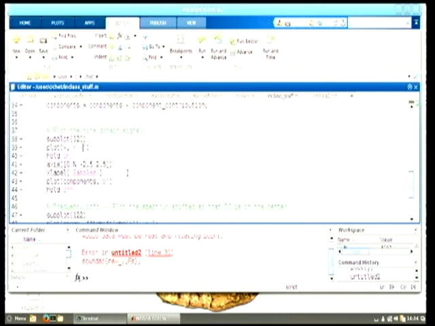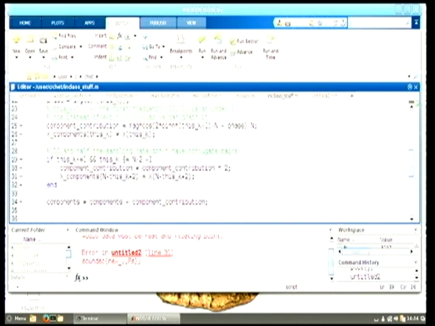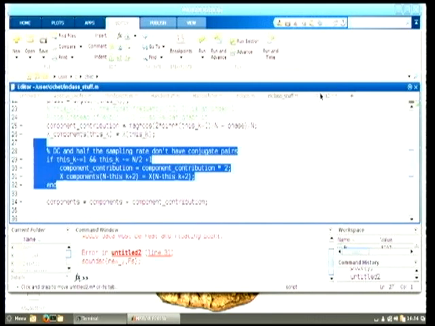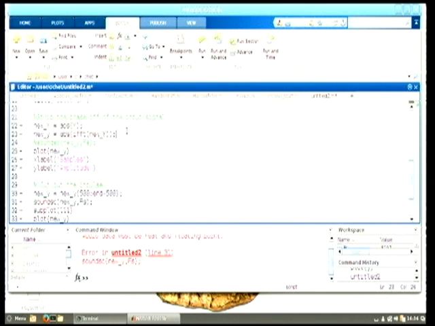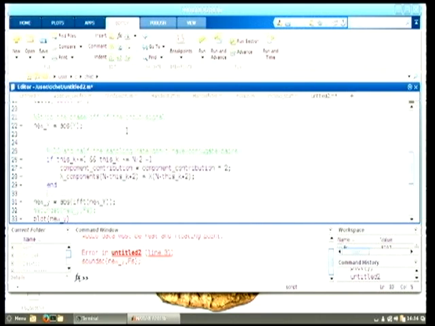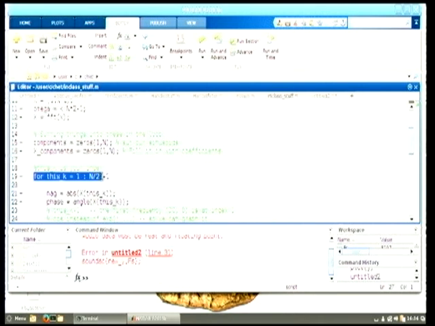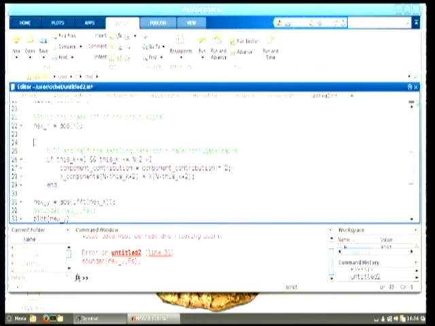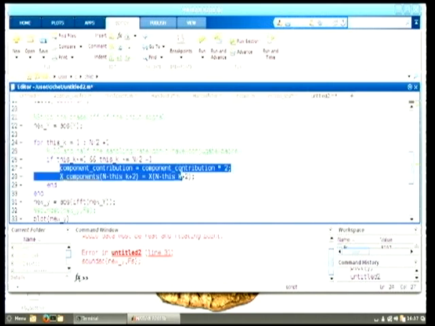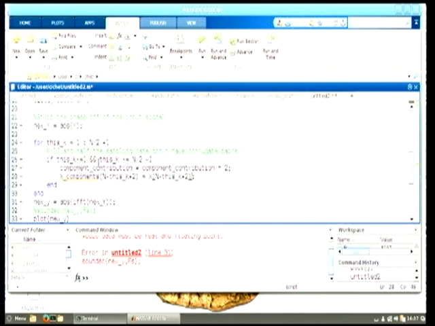Let's steal the thing from over here where we only look at these. So this is Chet waving his hands over MATLAB stuff. Okay, so we're looping over those, and if it's got a conjugate pair, we're going to do